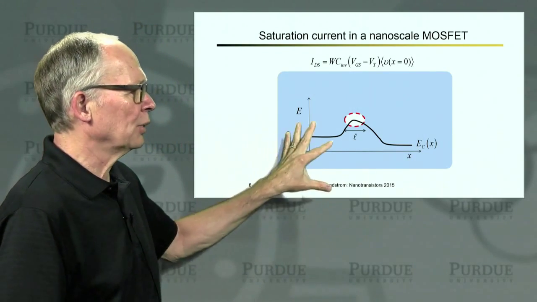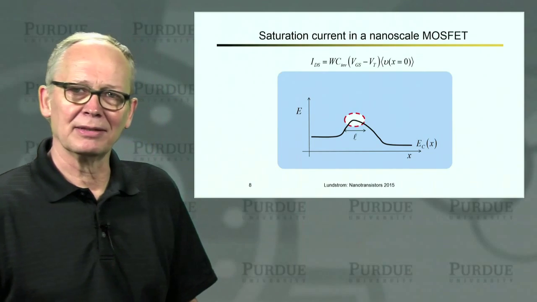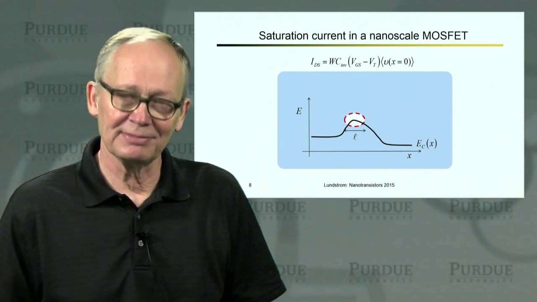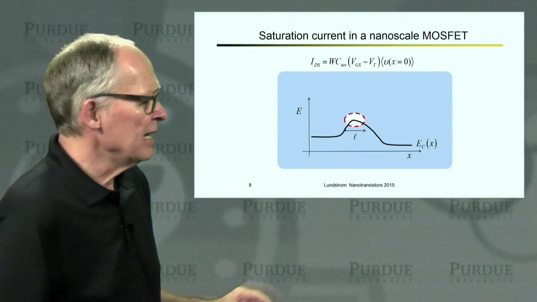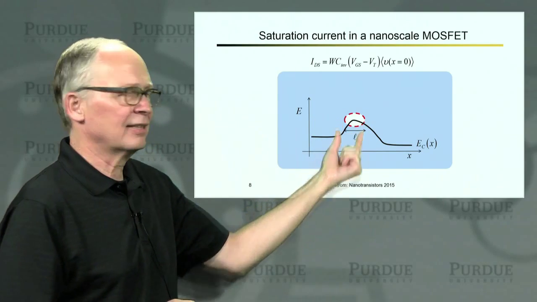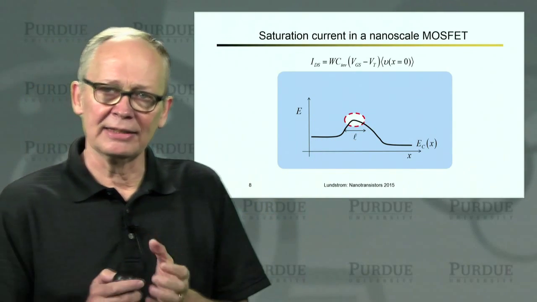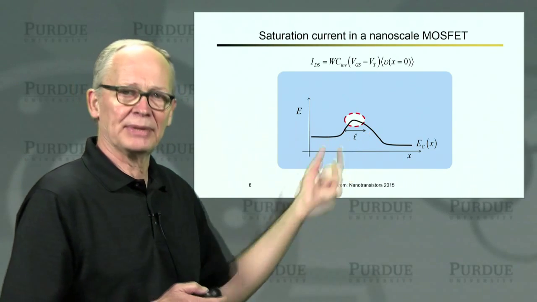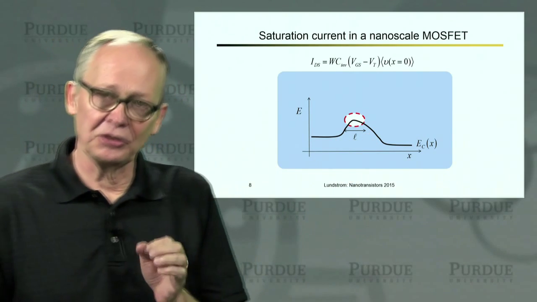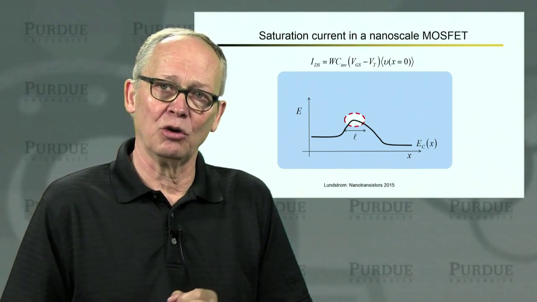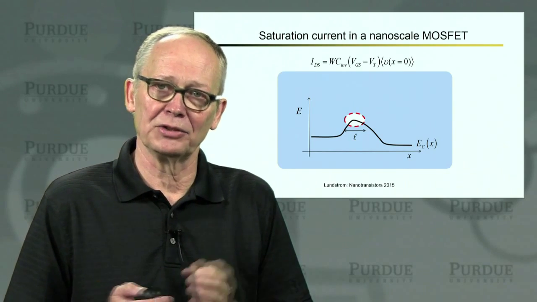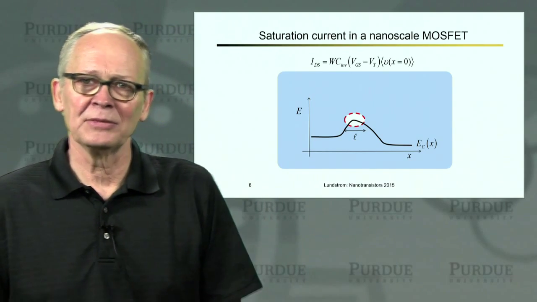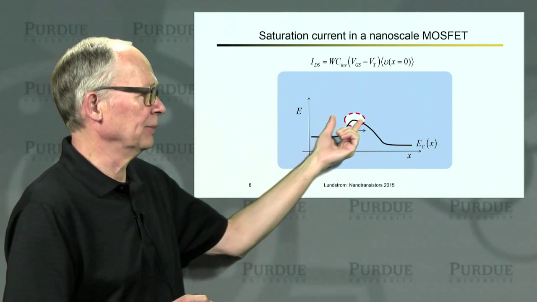So let's go back to our energy band picture, which has been a very useful way for thinking about how transistors operate. And you'll recall that we focus on the top of the barrier, and there is this short bottleneck region of length script L. And if the carriers scatter there, there's a chance that they can go back to the source and not contribute to drain current. So that's really what we focus on. That's where the scattering matters.